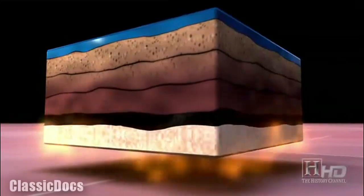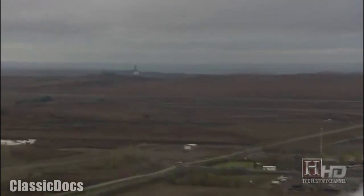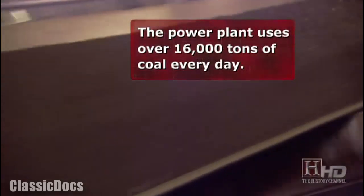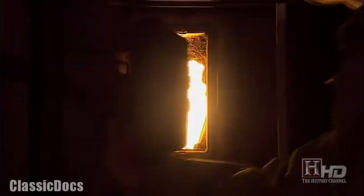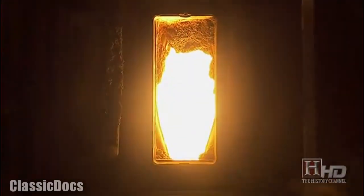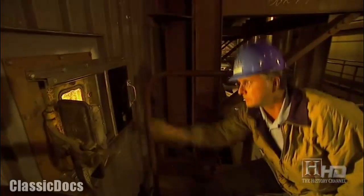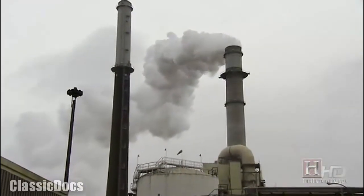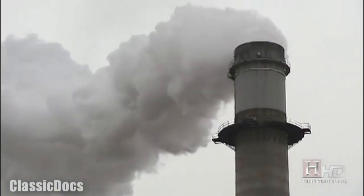we know as coal. The Antelope Valley Station gets its coal from the nearby Freedom Mine, the largest coal mine in North Dakota. 16,000 tons each day are crushed into a fine powder, ready to enter the pair of 33-story boilers where coal does what it does best, burn. As it burns, it releases energy in the form of heat, held in the tightly formed prehistoric carbon bonds. The 2,600-degree heat is used to boil 14,000 gallons of water, about half a swimming pool per minute, into high-pressure